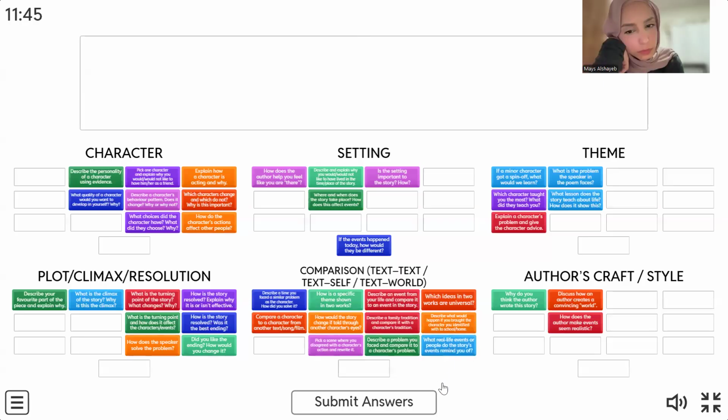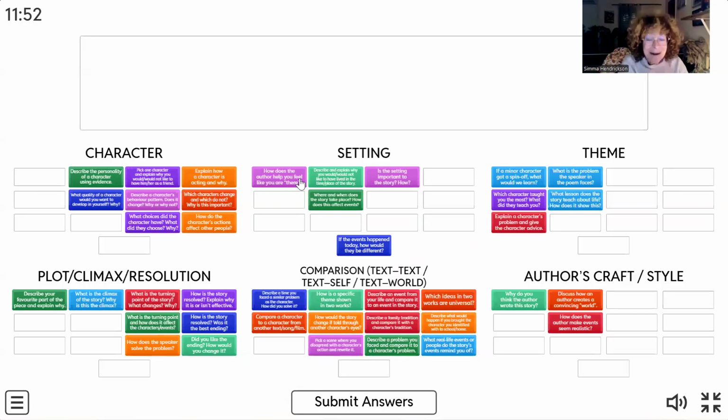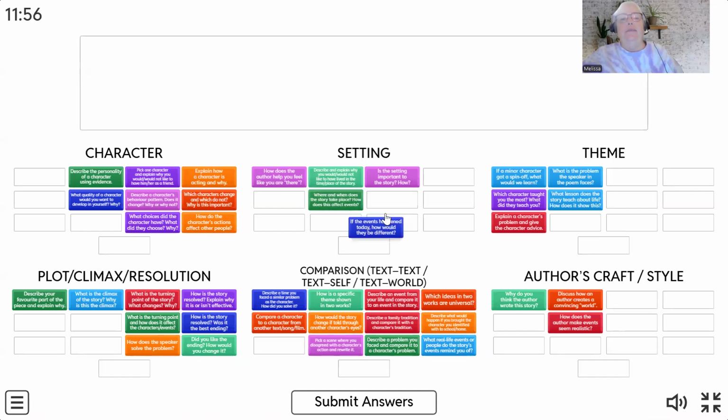Okay. Are we ready? Moment of truth. We're not ready. What about that one that's stuck? Oh, I did miss that one. Oh no, that's part of setting. Yeah, part of setting.